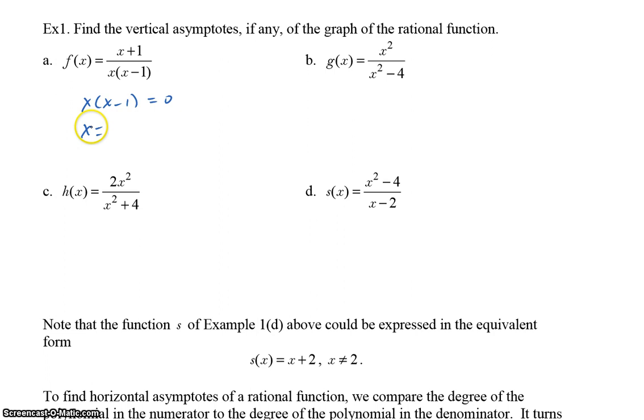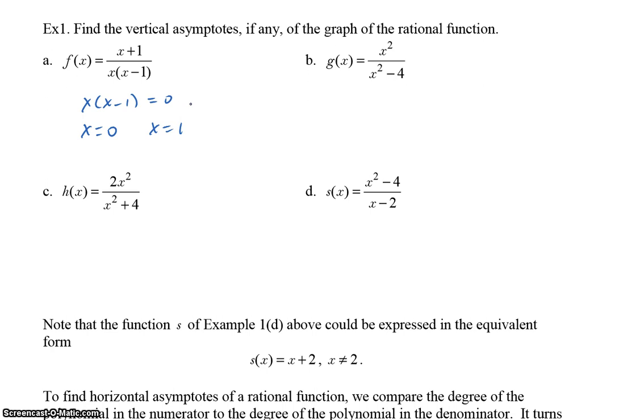We would get x equals 0, x equals 1. And basically by solving for x here, you have identified the actual equations of the vertical asymptotes, because the equation of a vertical asymptote just has the form x equals a constant. It's as simple as that. The only other thing we have to make sure of is that the numerator is not 0 at either of these values of x, and it's clear that it's not. 0 plus 1 is 1, 1 plus 1 is 2, so the numerator is not 0 at either of these